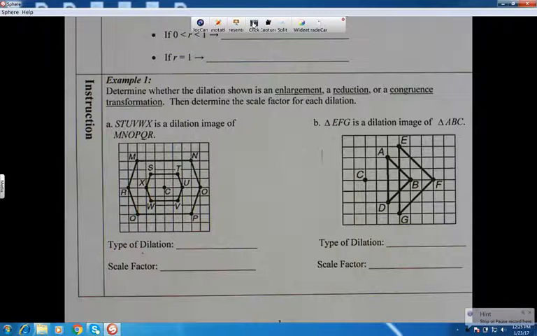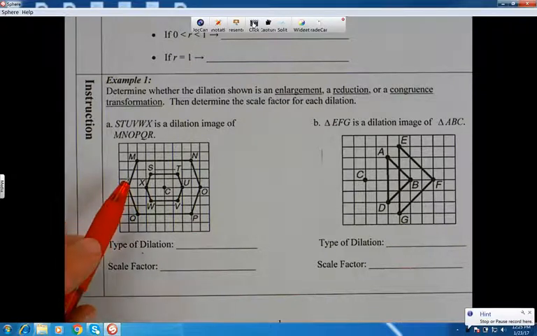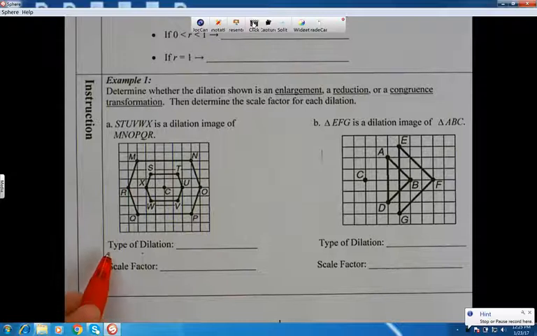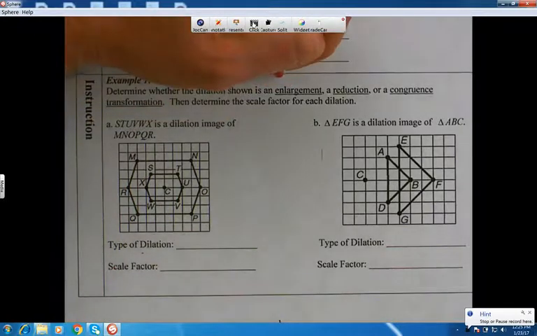give us two images or two pictures, a picture right there and a picture right there. It looks like they are both hexagons, and they ask us two questions. First of all, they want to know what type of a dilation is happening in this picture here, and that just means, is the thing getting bigger